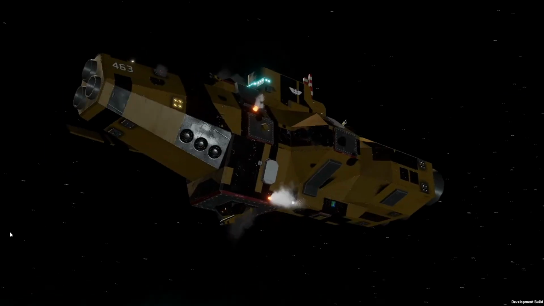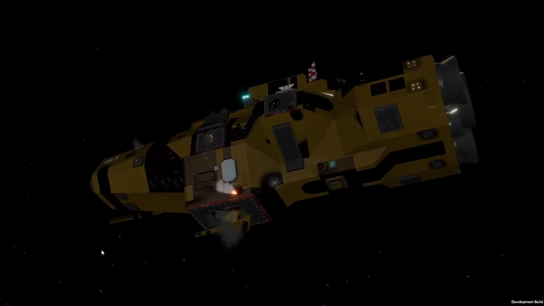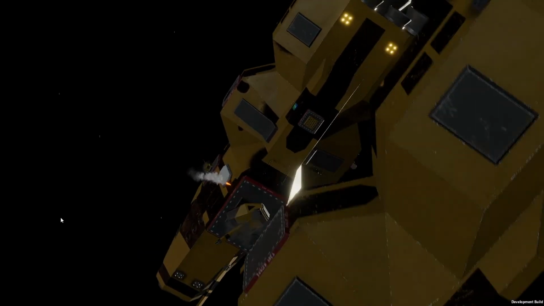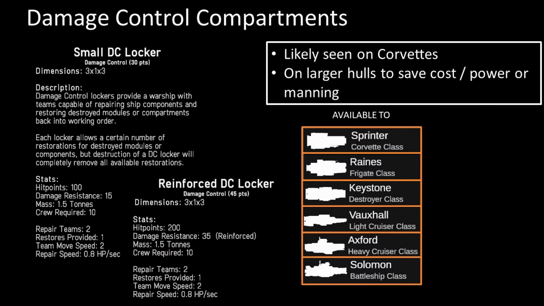Now that we know the mechanics of DC and how it works in-game, we can understand how we equip our ships with damage control teams when we create and equip our ships within the fleet editor. There are 4 damage control compartments within the fleet editor and 2 compartments that can be used to buff these other 4. The first and the smallest of the damage control compartments are the small DC locker and the reinforced